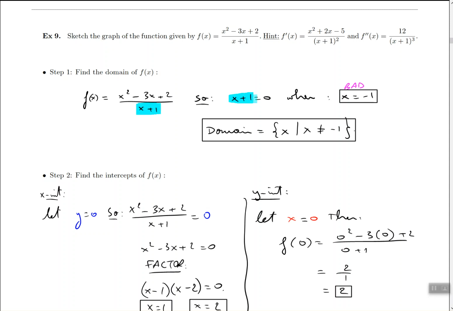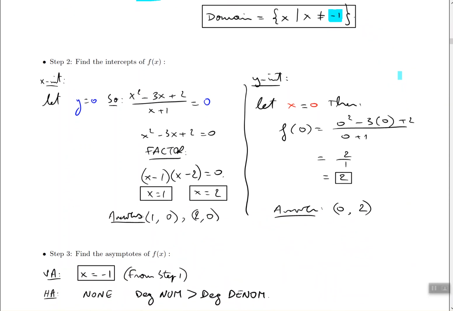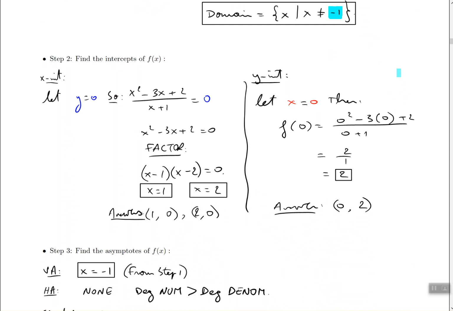and when you set it equal to 0, you end up with the number -1, which is bad, and so that means all the other numbers are good, and that's how I did step 1. Step 2 said find the x and y intercepts, and in order to do that, I took my x intercept. To find the x intercept, let's say, I took the function and I made it equal to 0, and that